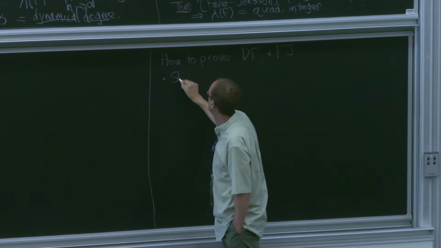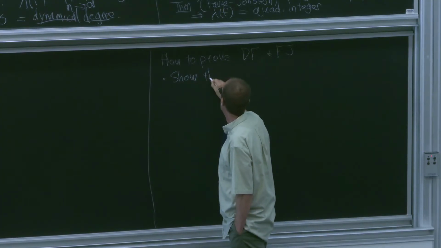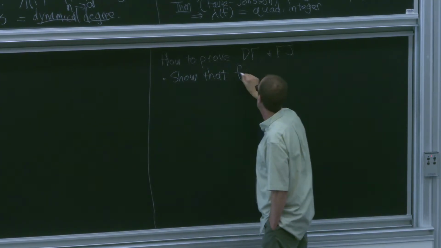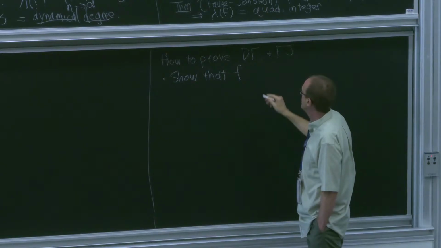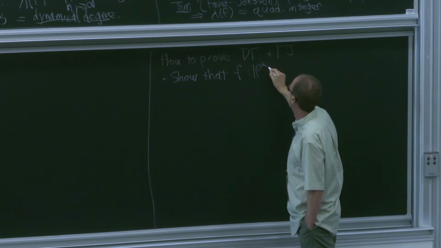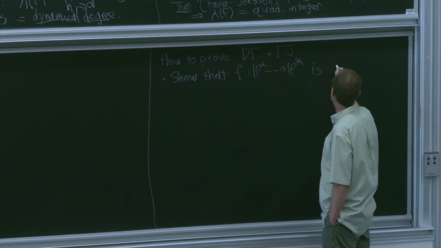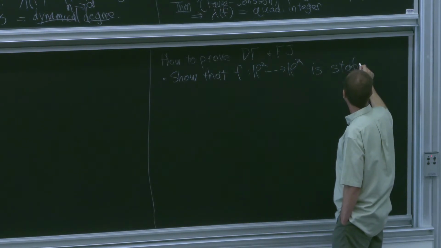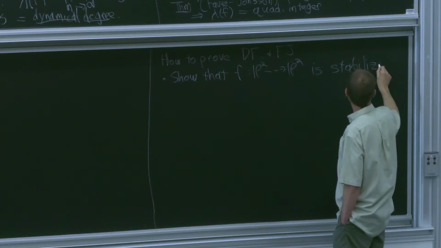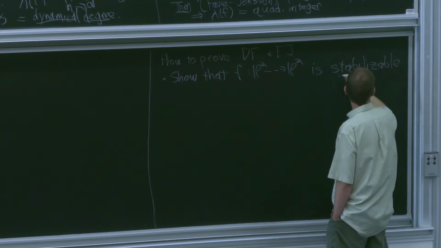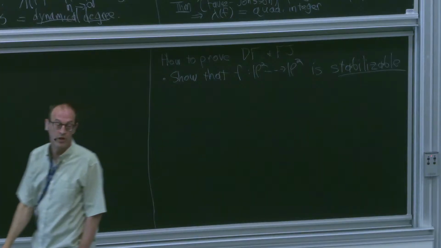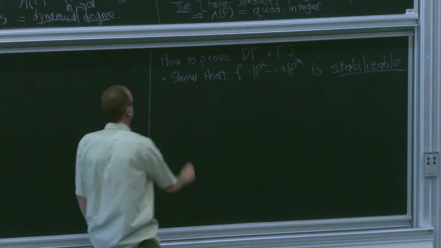The idea is to show that in either case, the map you get on the projective plane is what I'll call stabilizable. All right? And what do I mean by that? I.e.,